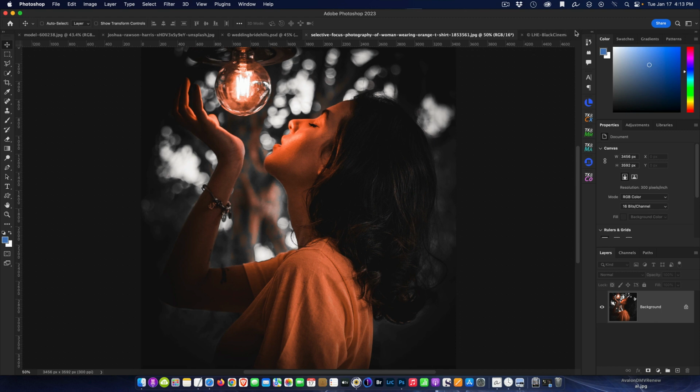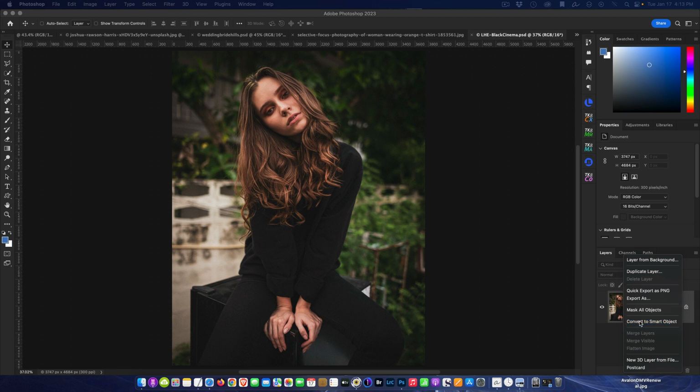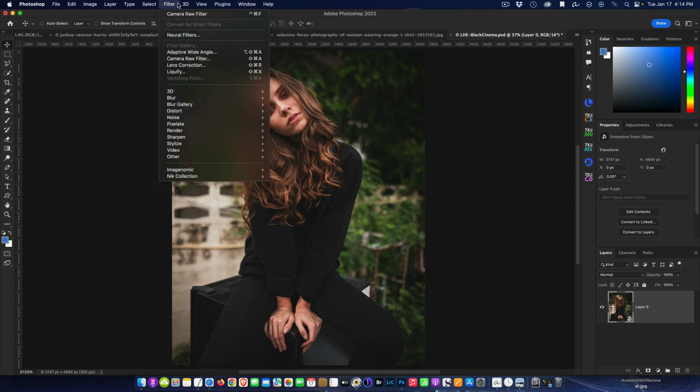Okay, so we're going to go ahead and start off with a raw image. And we're going to show you how to create the black chrome effect. So we are going to start out with making this a smart object. I'm going to right click and hit convert to smart object. Now that we have it as a smart object, we are going to apply a filter, camera raw. Because it's a smart object, we'll be able to come back and change it if we needed to. So camera raw,